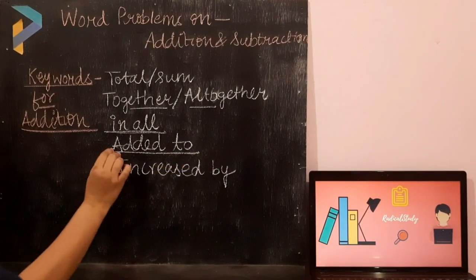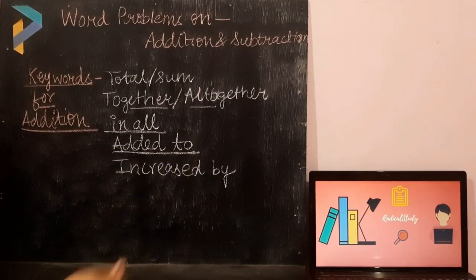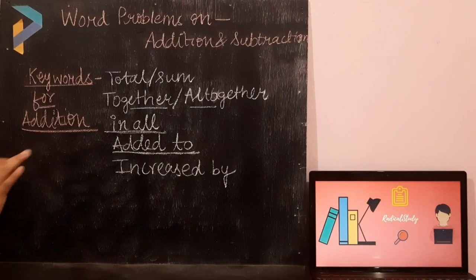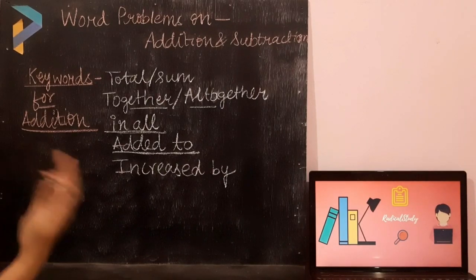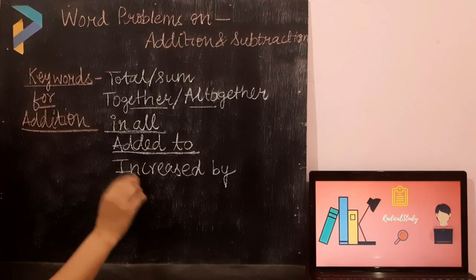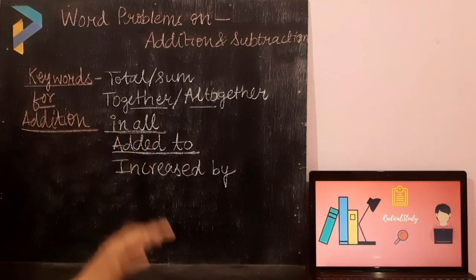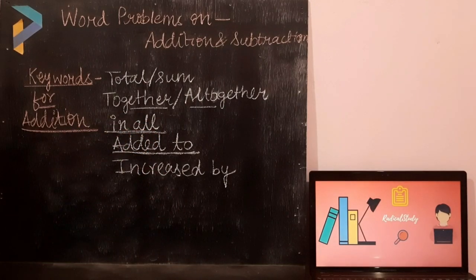Now the next one is "added to". अगर इस तरह का term आपको question में मिले, then also you have to add. How this is used in the questions, I will explain you. Like it will be written as: 23 is added to 500. What is the result? यानी कि आपने 23 को 500 में add किया तो क्या result आया? यहाँ पर भी हमें क्या करना है?